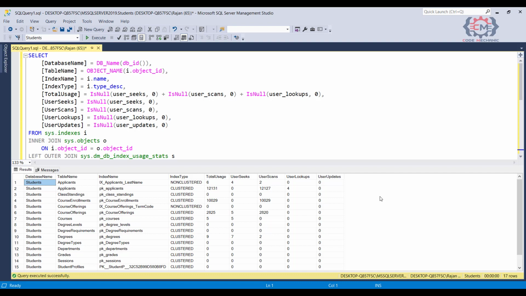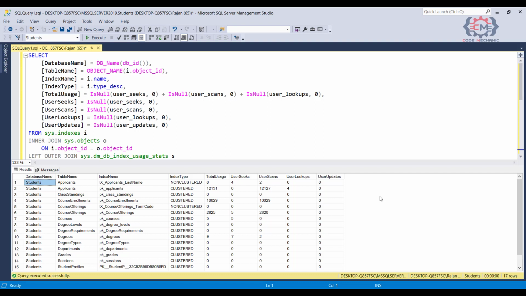So, for a standard non-clustered index that we would evaluate, we would be most interested in the value of user seeks, as this is the number of times that SQL Server is using the index as intended, by searching the tree structure of the index for matching keys. We also see that we have a column named user updates, and this value reflects the number of times that SQL Server has had to update the index because of a DML statement being run against the table. Now, when you run these statements on your database, you aren't going to see all zeros in these columns like I am, but you will see actual values.